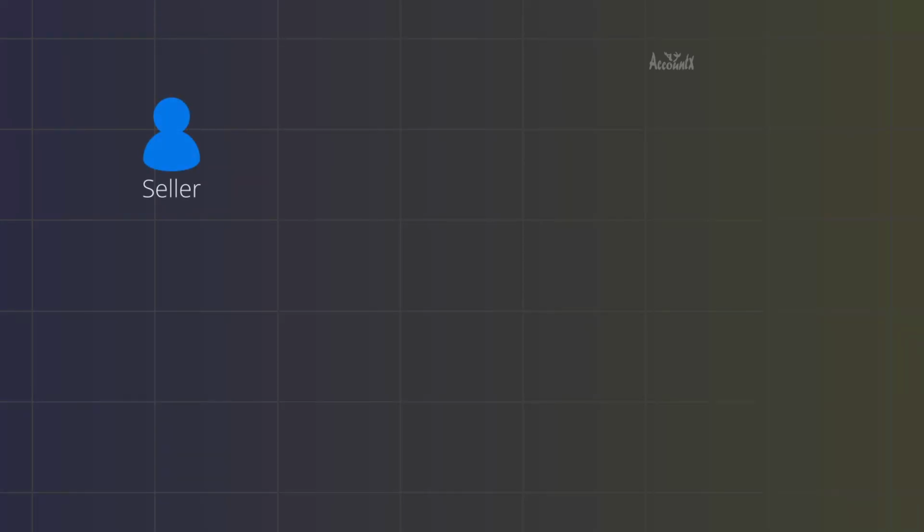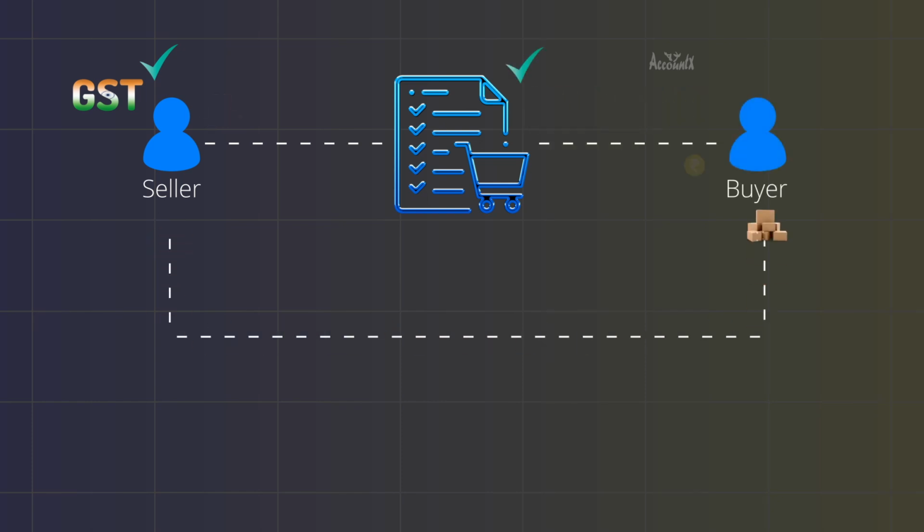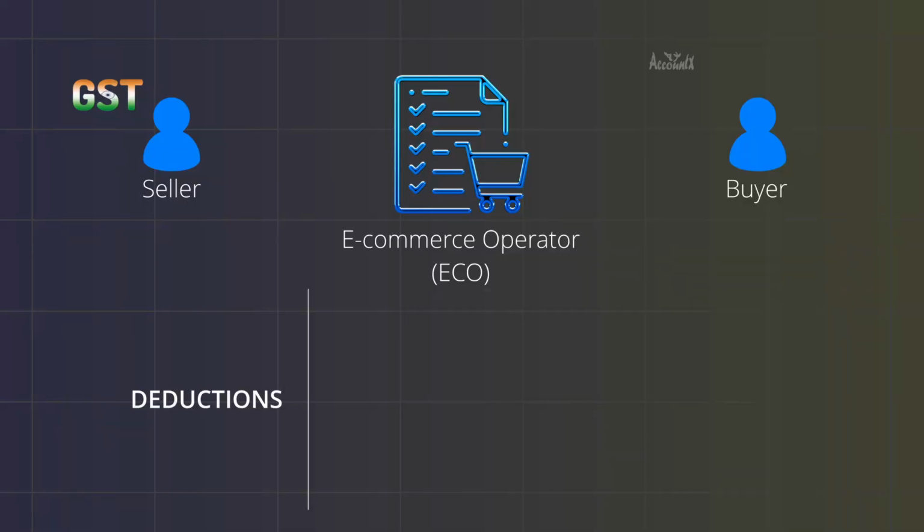With this basic understanding, let's now see how a typical e-commerce sale happens. Imagine you are a seller who is also a GST registered person. Now if you want to supply goods, then you have to list on the e-commerce platform. Once you do that, the buyer places order and you supply goods. The buyer makes payment directly to the e-commerce operator, which is then transferred to your account. But before this transfer, the e-commerce operator makes several deductions. 1. Sales return. That is, if any product is returned by consumers, then the value to that extent would be deducted. 2. For being the